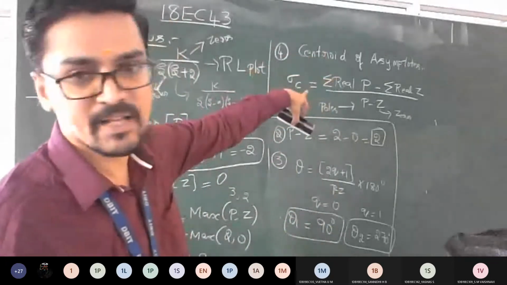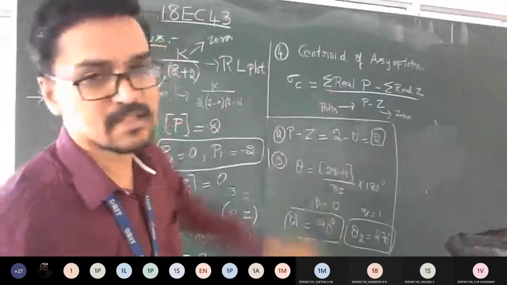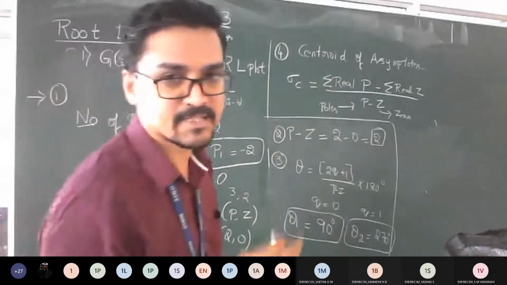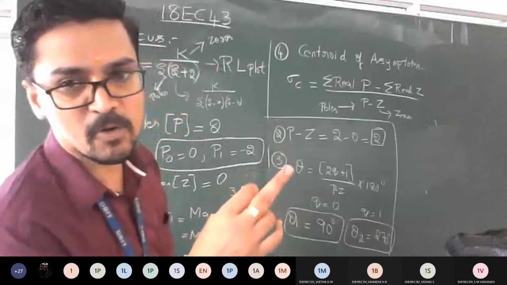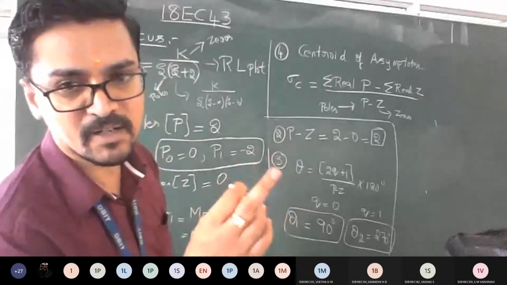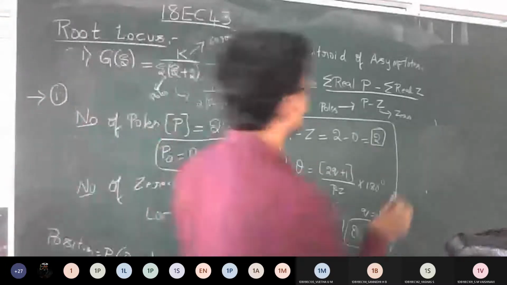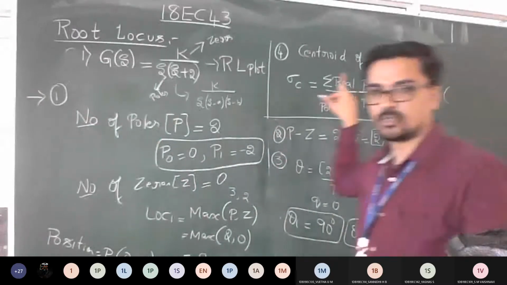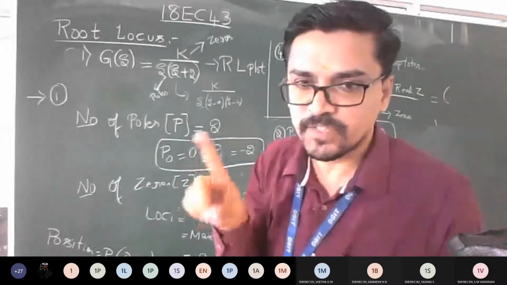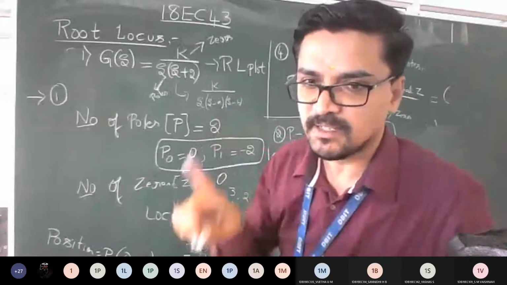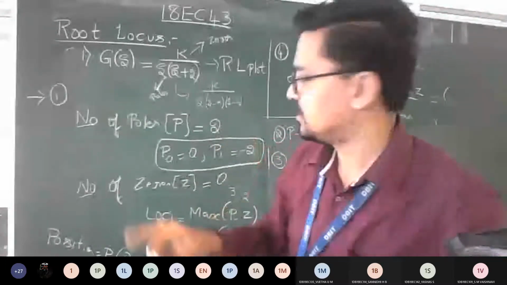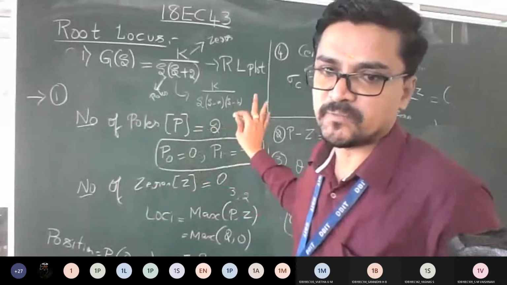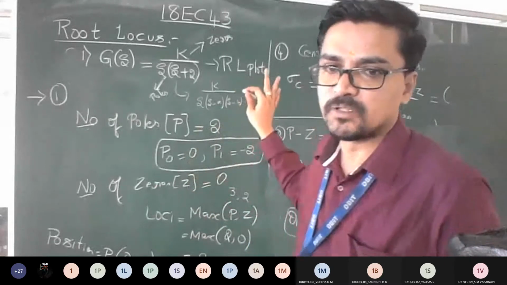So tell me, the formula is there. What is the real part of this? How to take the real part of this? Whatever the values of poles are, that is 0 and -1, you need to add them. The heading says real part. Even though you get imaginary terms in the answer, you have to consider only the real part. Here there is no imaginary part, everything is real only.